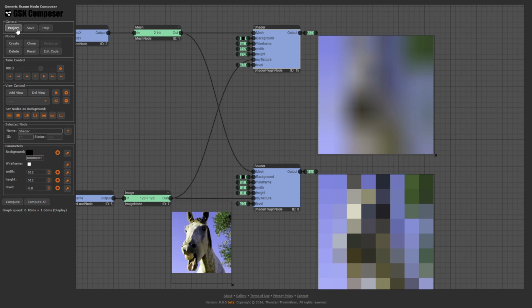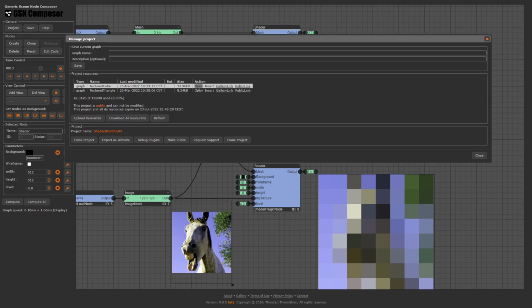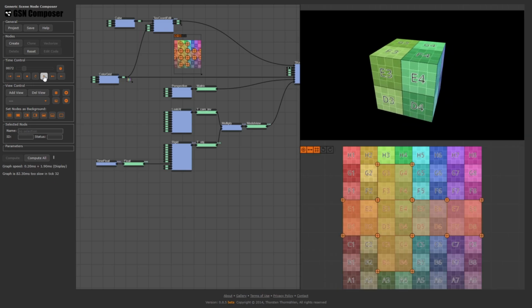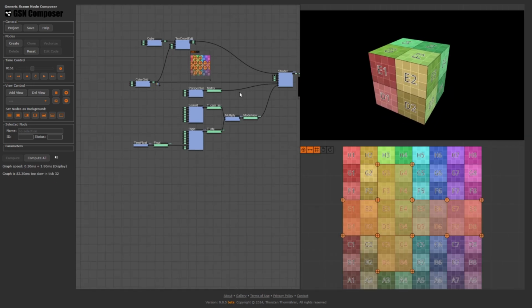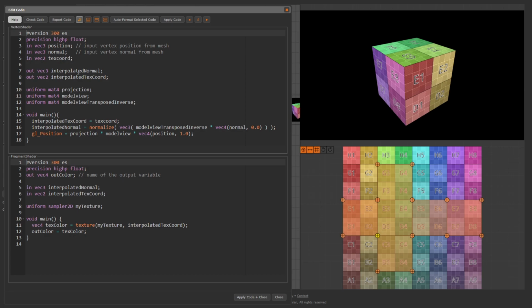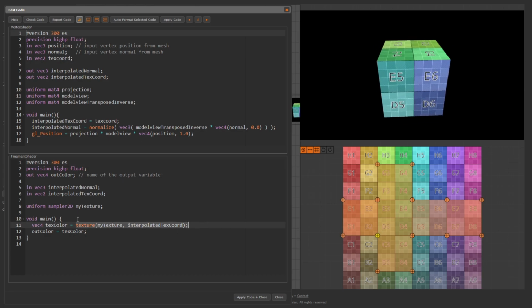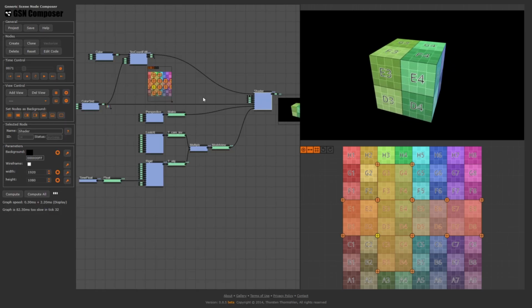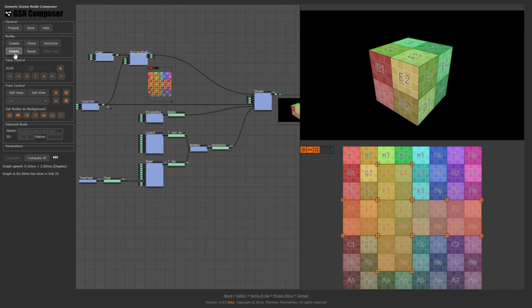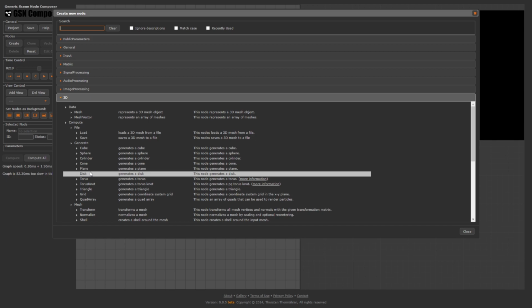We open the graph textured cube from the last episode. Here you see a rotating textured cube. The fragment shader is the same as before, but uses the regular texture GLSL function. We replace the cube with a plane, 3D compute generate plane.